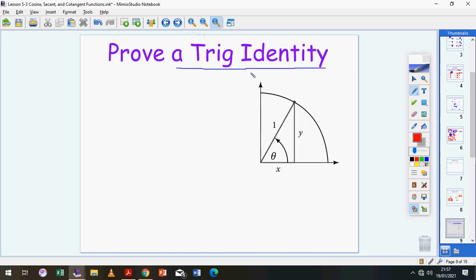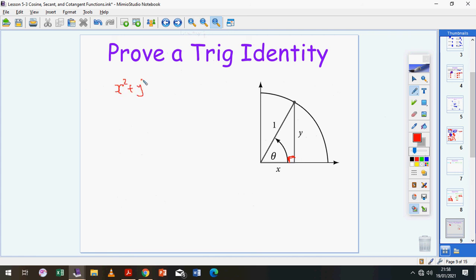Proving trigonometric identities. Trigonometric identities are like trig relations, formulas that happen to be true for trigonometric functions. Let me show you what I mean. If you look at this unit circle, I have a little triangle with legs x, y, and hypotenuse 1. If I apply Pythagoras theorem to that triangle, I'm going to see that x squared plus y squared is